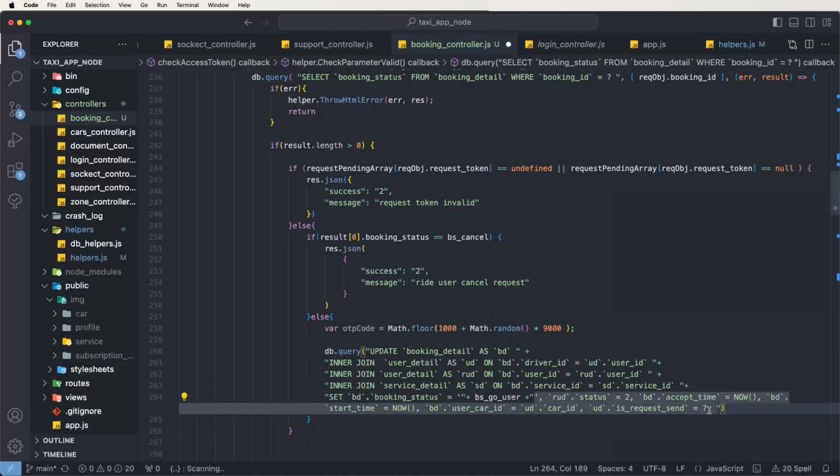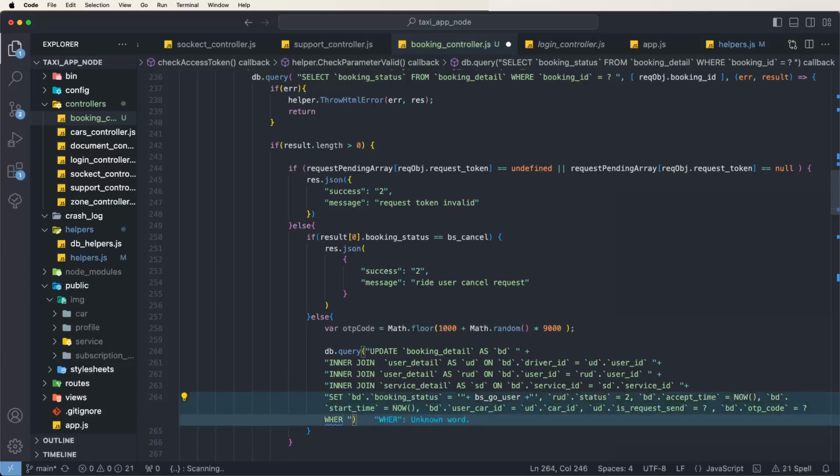Now need to write down here bd.OTP, need to update inside this. OTP code at here, question mark, like this. And also need to check here where conditions, and to write down here bd.booking ID at question marks and conditions, and to give this here bd.driver ID